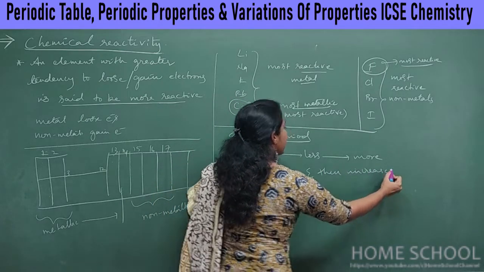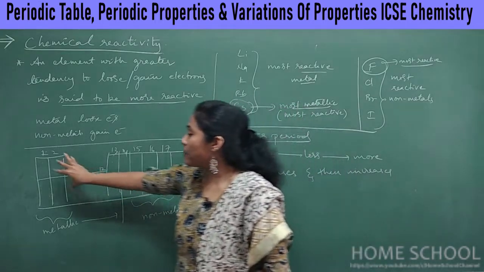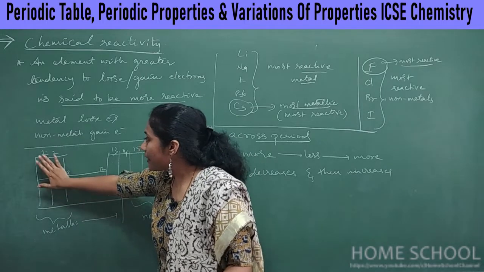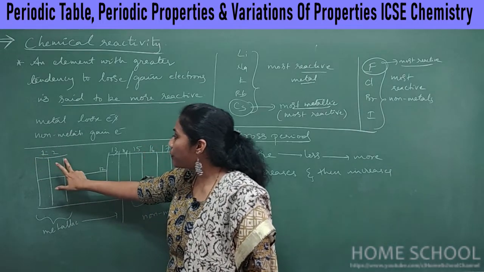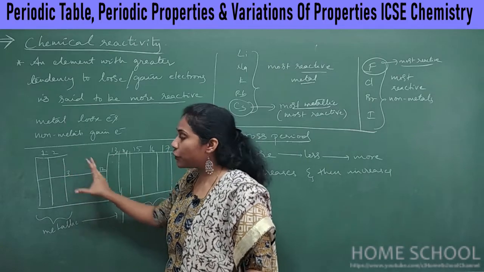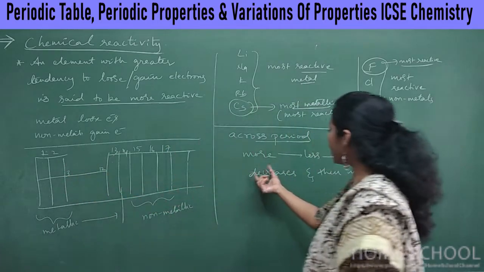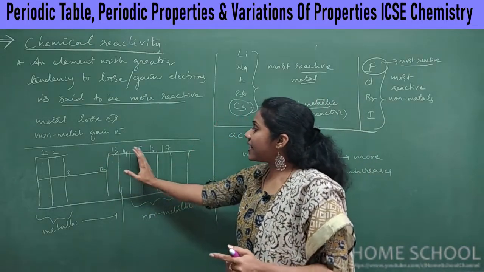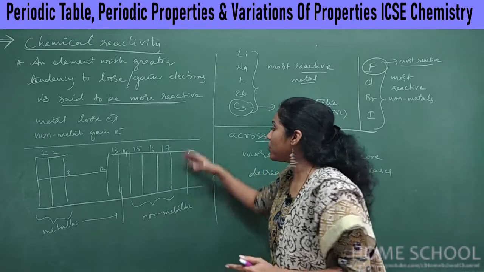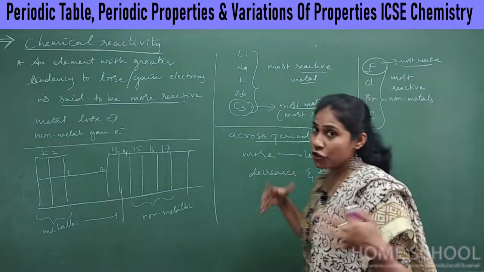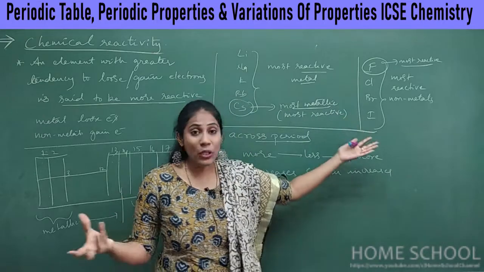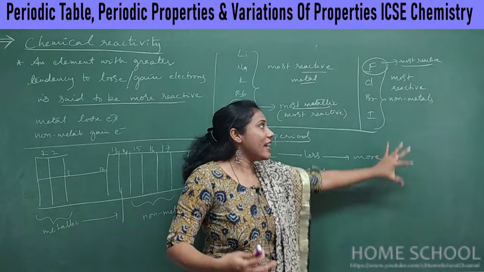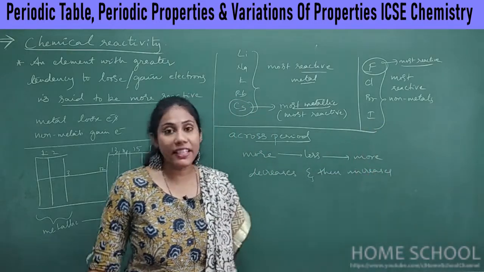So why did I tell this? As I told you, first group elements are more chemically reactive, even second group elements. So what actually happens is, chemical reactivity, as you go from first group to second group to third group, it decreases only, right? So that's why I wrote initially it decreases. Okay, and then from 15th group onwards, again chemical reactivity starts increasing, because 17th group are the most non-metallic, so they are more reactive. So initially it decreases, and then again it increases as you go towards your 16th and 17th groups.